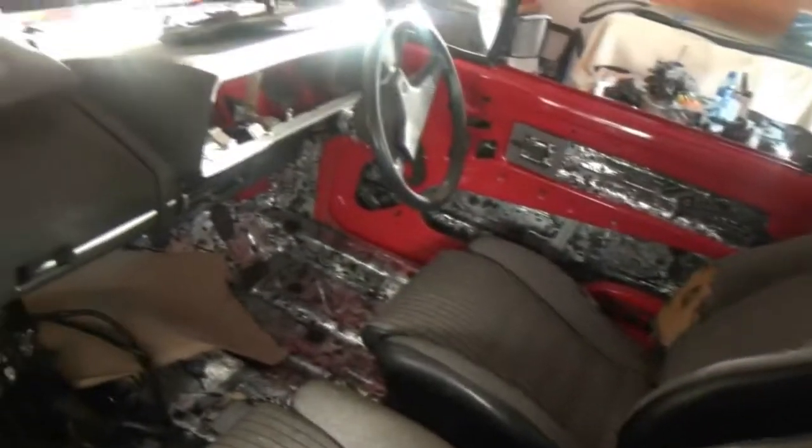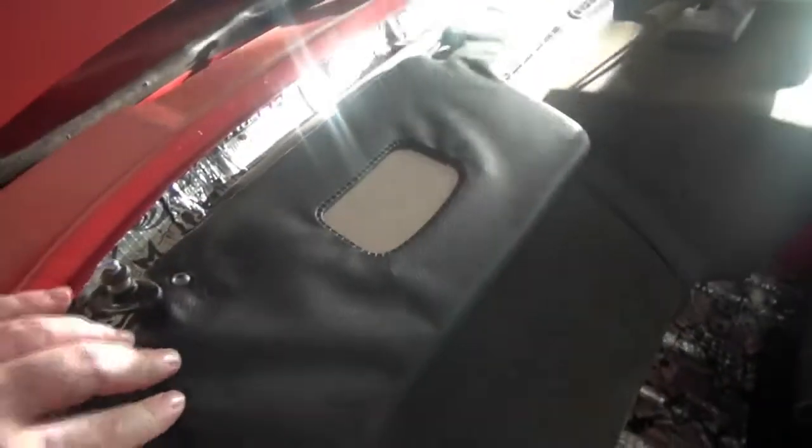So there were a couple of other bits and pieces in the parcel, mostly just interior screws and that sort of thing. Some washers as well. Washers are a bit silly to import, but I needed to fill the parcel. So yeah, the screws that I bought. So I have these black sun visors. This one's a little bit damaged, so I'm hoping that the upholstery place can fix that up a